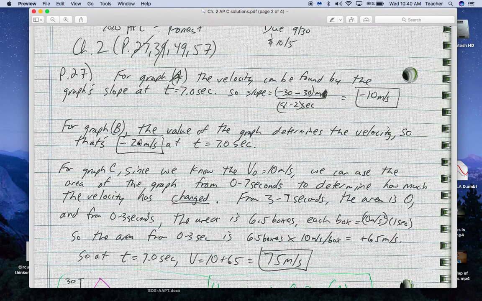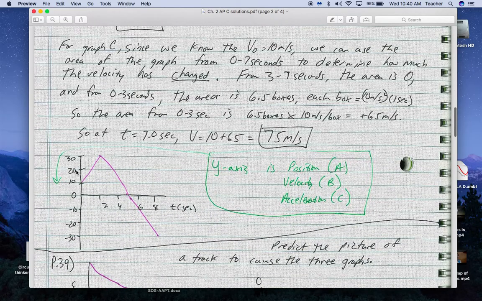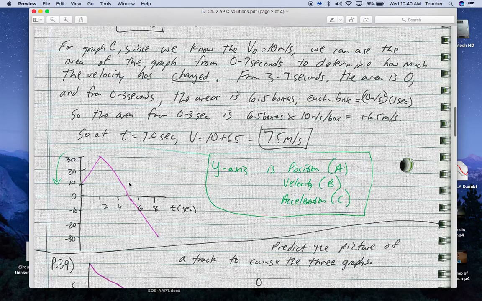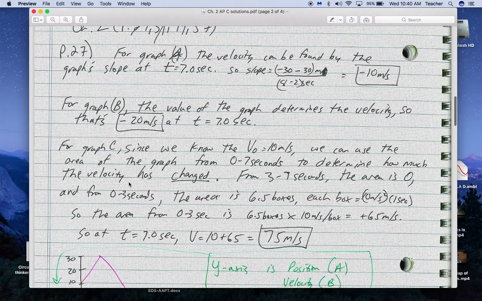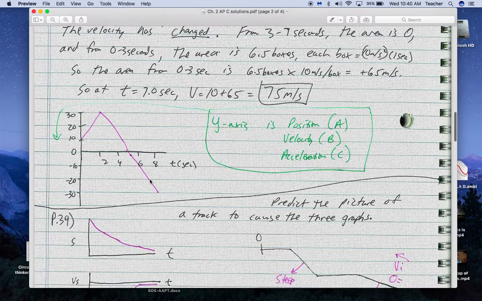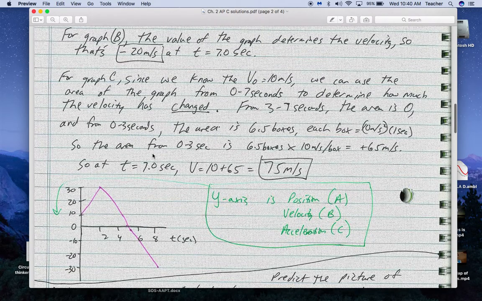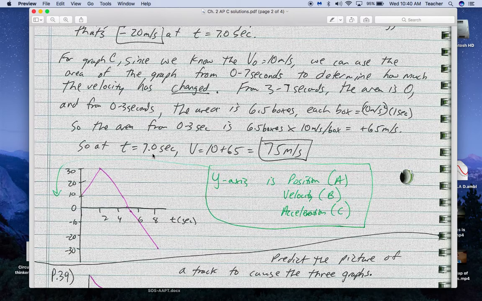For graph B, the value of the graph itself determines the velocity, since it would be a velocity graph. So I just looked at 7 seconds and saw what that was, and that would be negative 20 meters per second down here. To find out the velocity at t equals 7 seconds for the acceleration graph, what I have